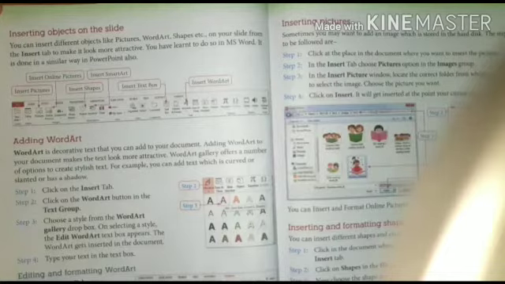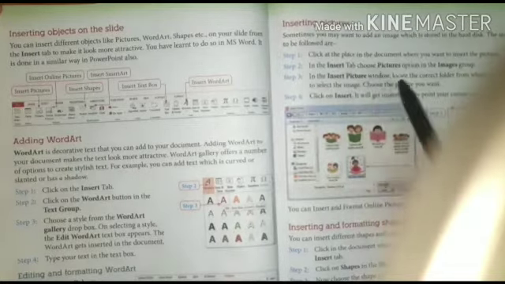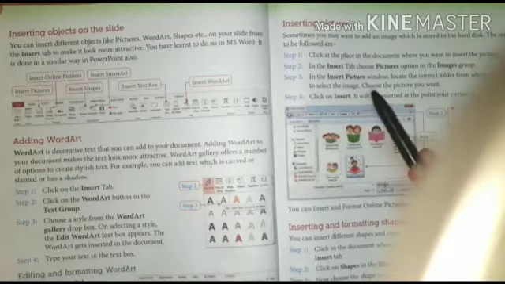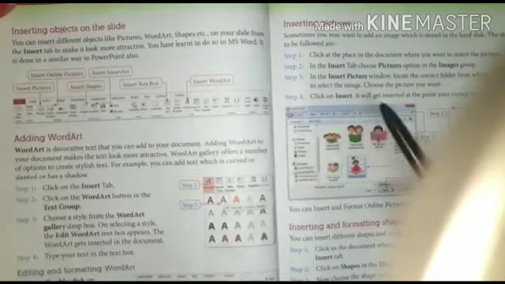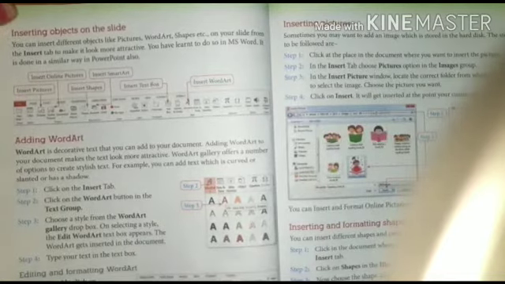Second, in the Insert tab, choose the Picture option in the Image group. Third, in the Insert Picture window, locate the correct folder from which you want to select the image. Choose the picture you want. Next, click Insert. It will get inserted at the point your cursor was.